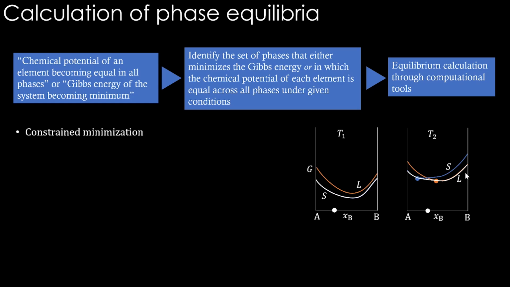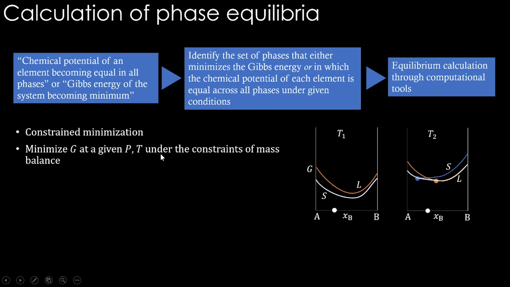So this is called constraint minimization. Meaning minimize the Gibbs energy at a given pressure and temperature under the constraints of mass balance. What it basically is, if you think about an example of a business, your input is restricted, right? In the sense that the manpower is restricted, the investment is restricted, the raw materials are restricted. So within these restrictions you need to maximize your profit, right? So in the business, within certain constraints you are maximizing something, right? Here within certain constraints we have to minimize something. We have to minimize the Gibbs energy under given constraints, that is constraint minimization, right?